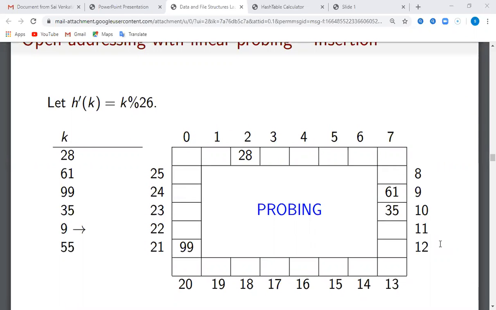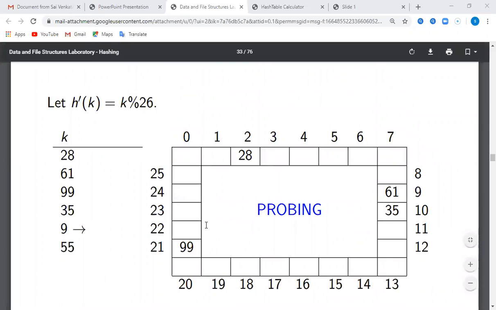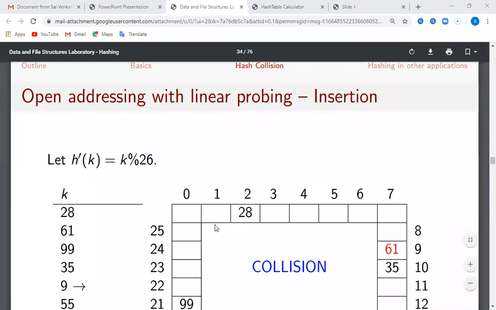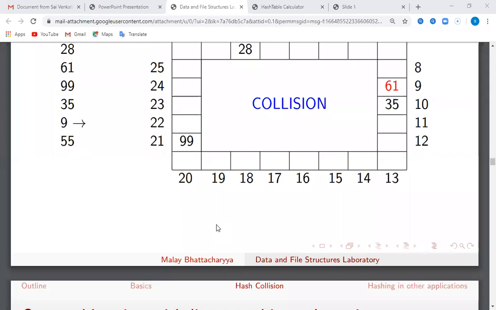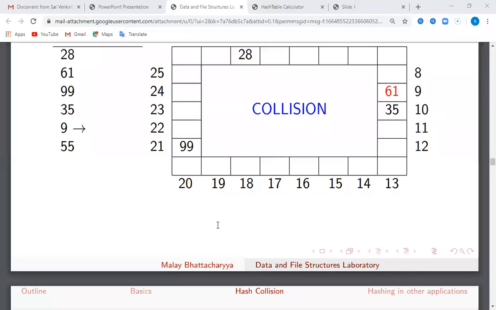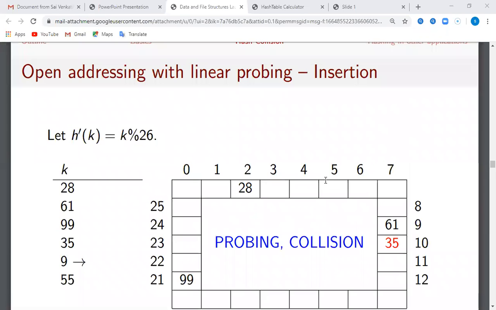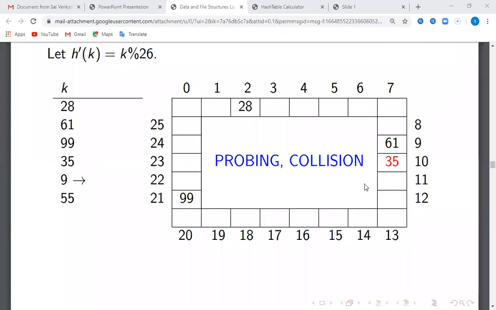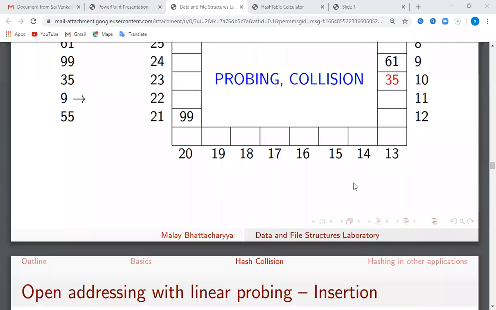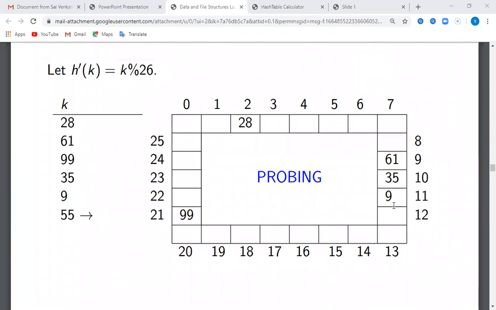What about the next key, which also maps to 9? The next empty slot is 11, so we are going to insert it at 11.